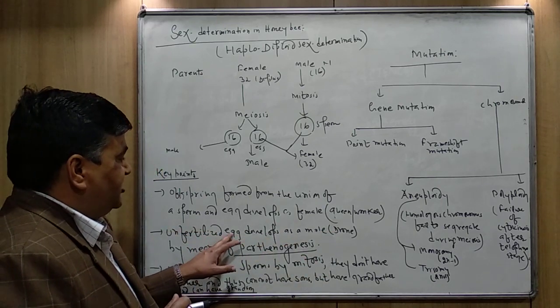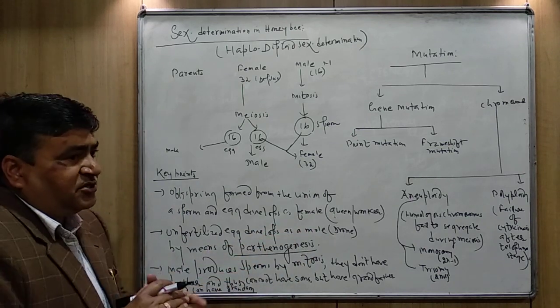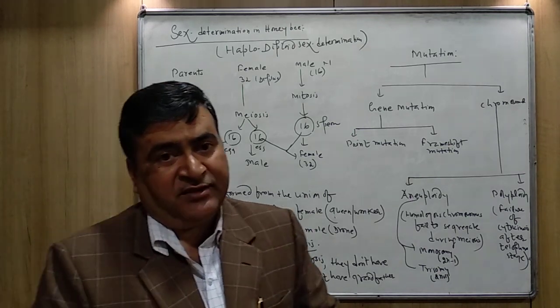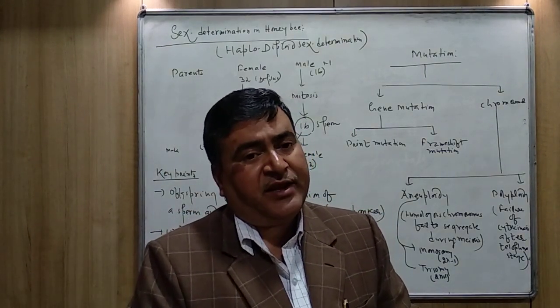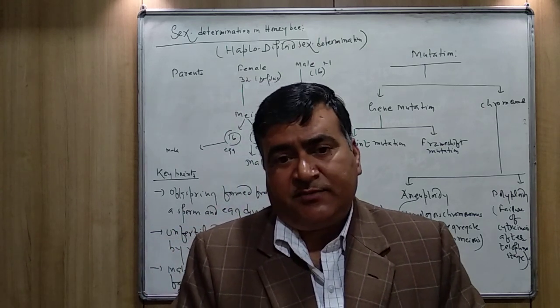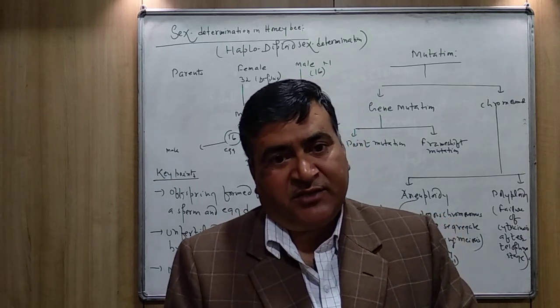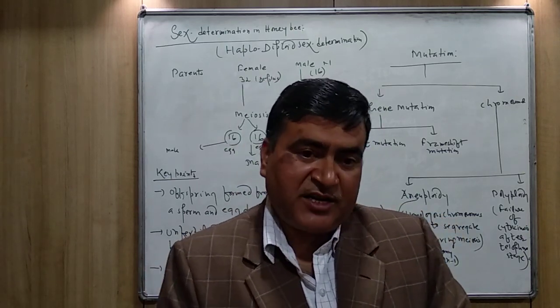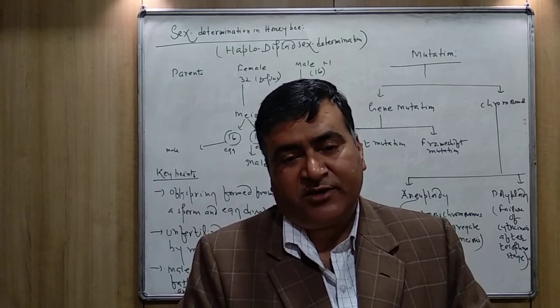And this unfertilized egg, if it develops into the male drones, this process is called parthenogenesis. We will discuss parthenogenesis in detail later on. Parthenogenesis takes place not only in the honeybee; overall, the process of parthenogenesis takes place in plants also, in honeybees also, in some of the rotifers also,